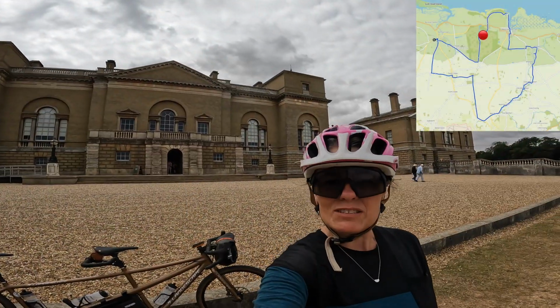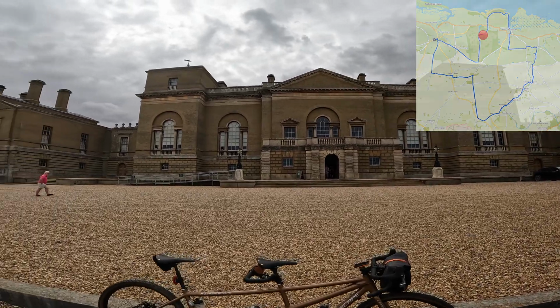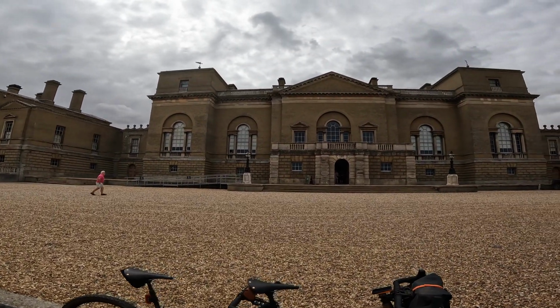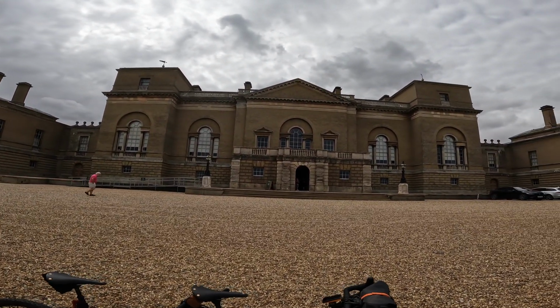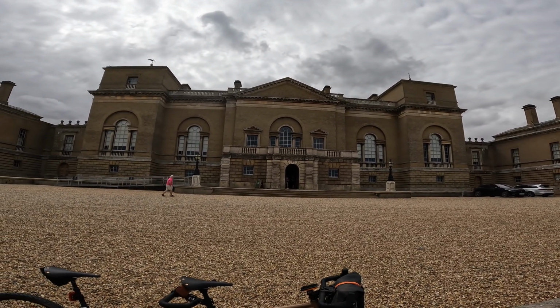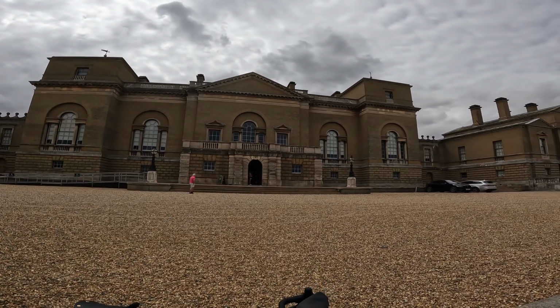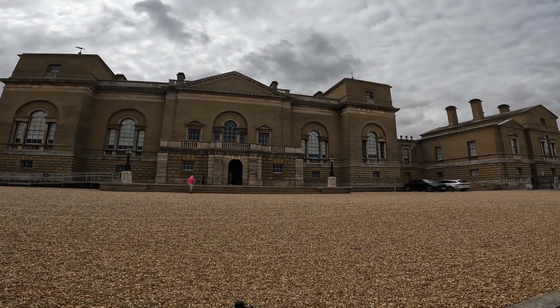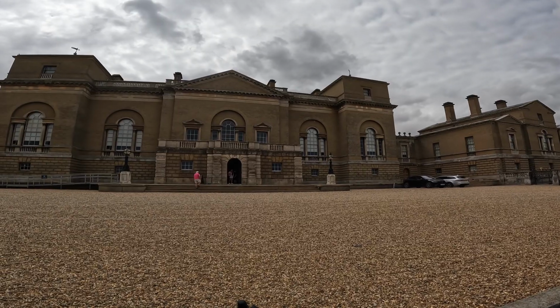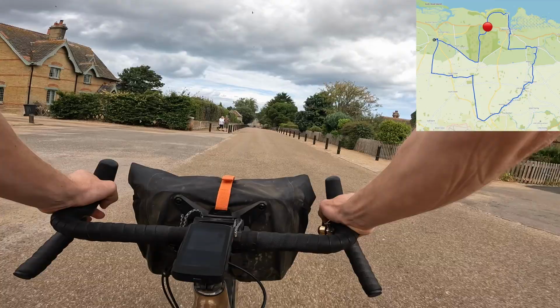So we're outside Holkham Hall now, and you can see it's quite austere from the front, and it's in the Neo-Palladian style. But the interior is anything but austere. The entrance hall is made from Derbyshire sourced alabaster, and it's in a light pink hue. We're going to go and grab a cup of coffee now. And you've got a beautiful little